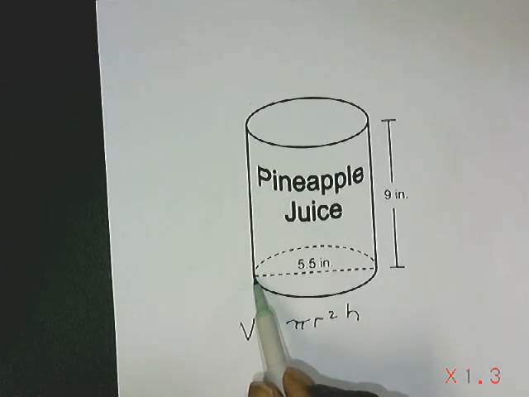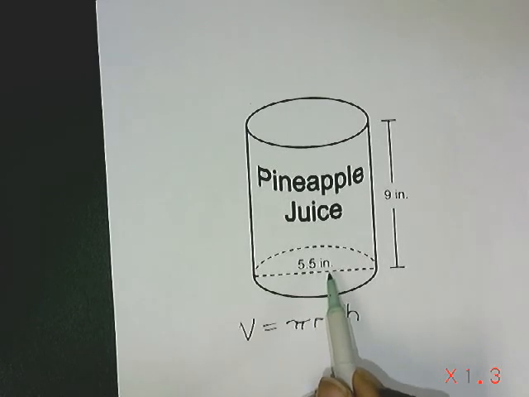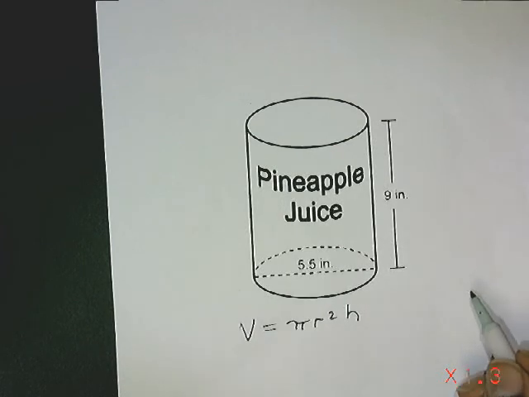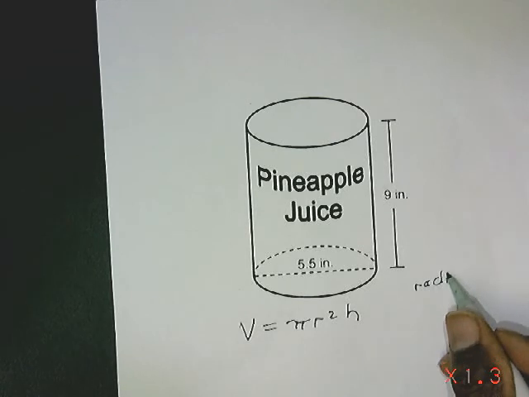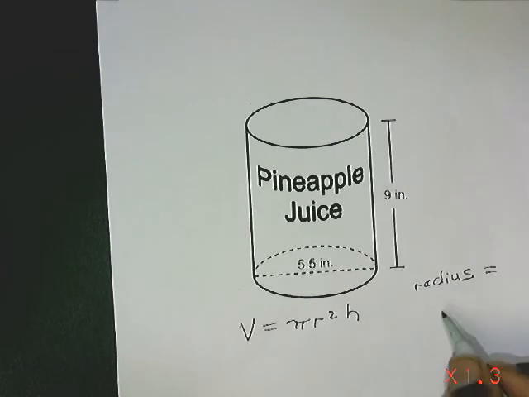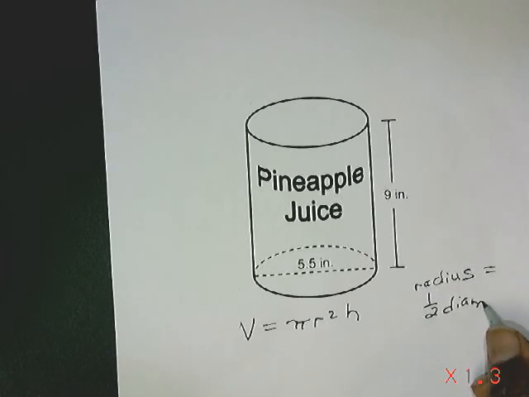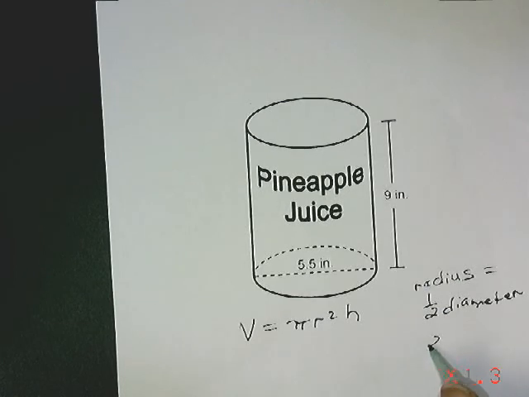Remember, 5.5 inches, that is the diameter. So the radius is equal to 1/2 the diameter. So 1/2 of 5.5 is 2.75